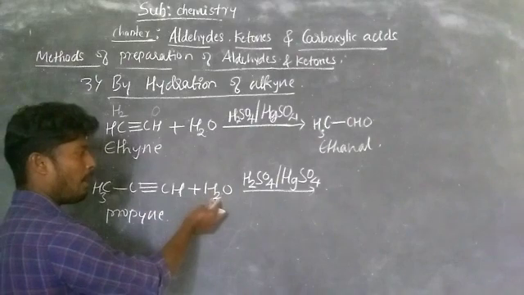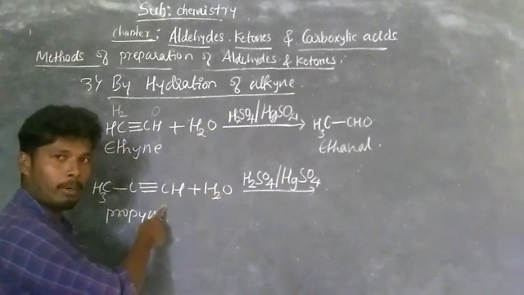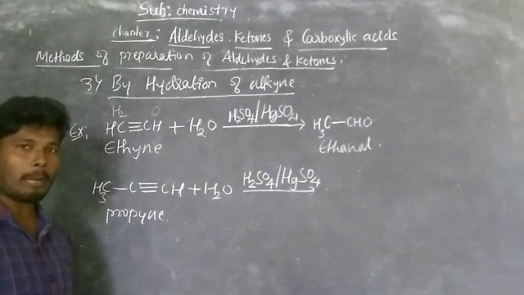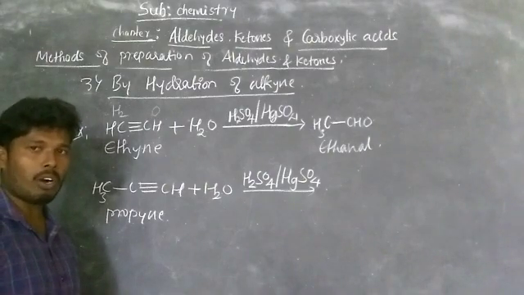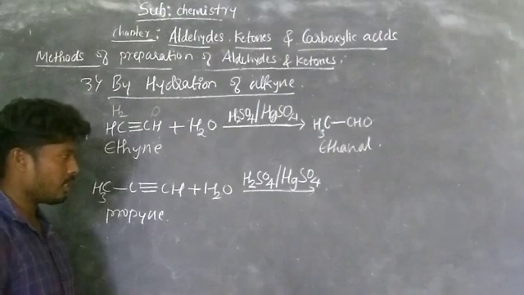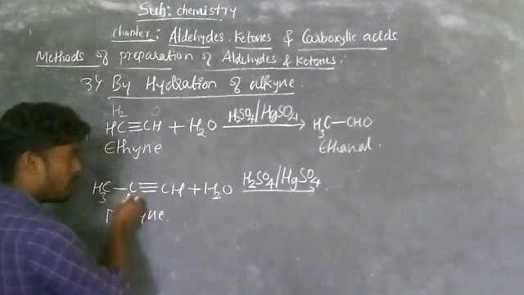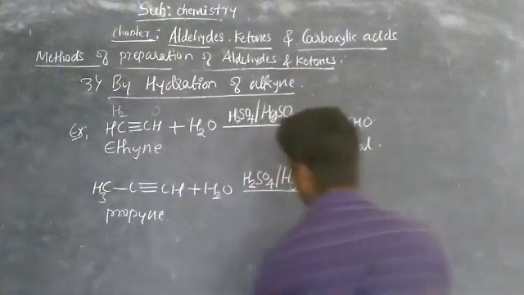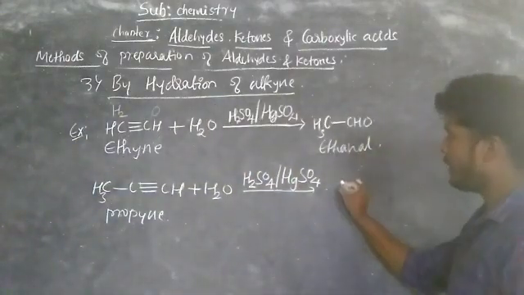Means the hydrogen is added to the triple bonded carbon having hydrogen, and oxygen is added to the carbon that doesn't have hydrogen, or has fewer hydrogens. So the oxygen is added to the central carbon and hydrogen is added to the end carbon. You get the respective product, that is CH3